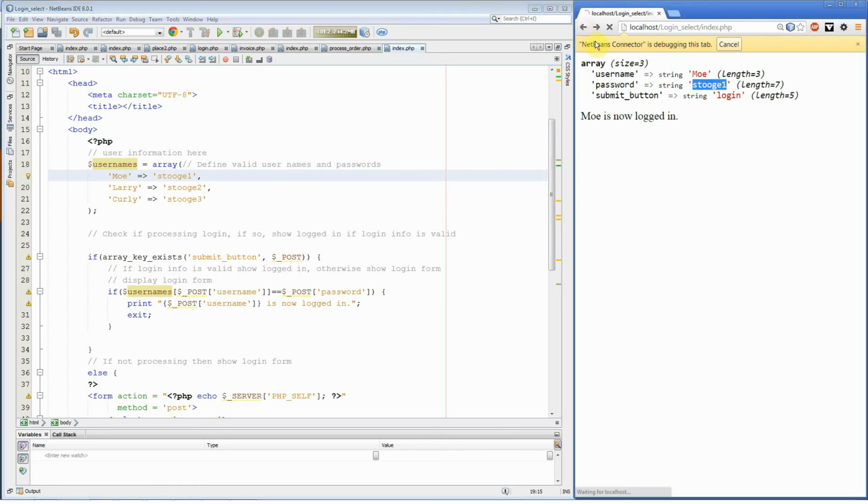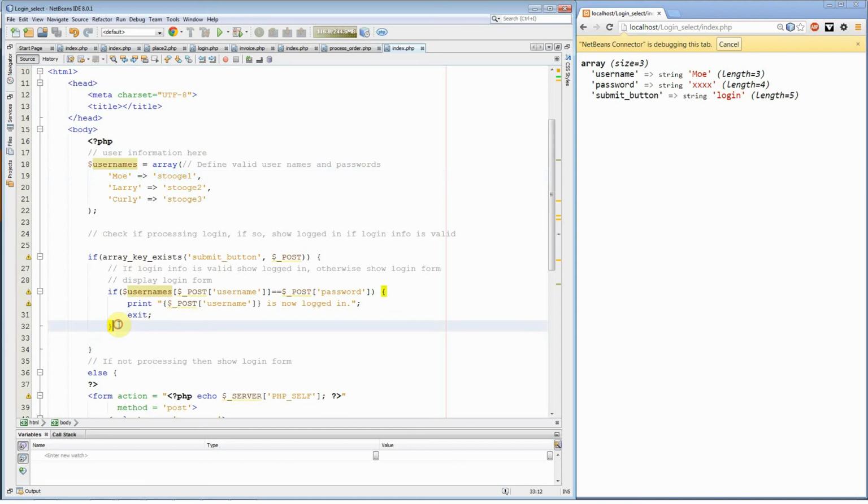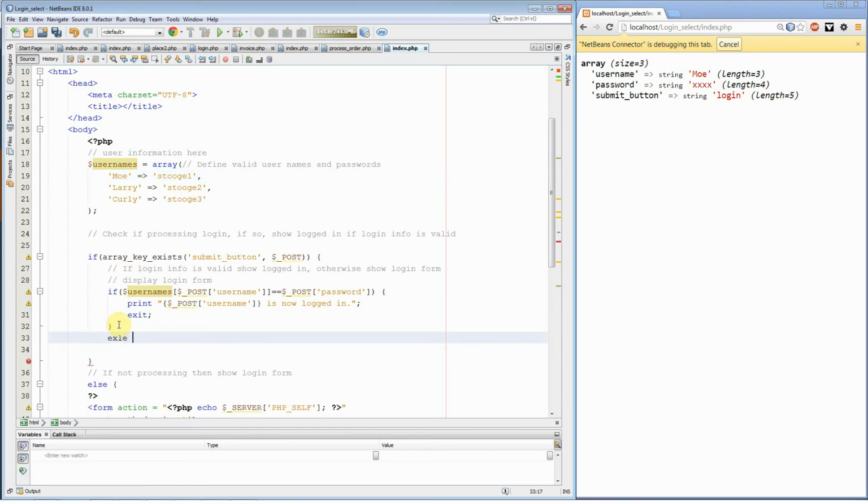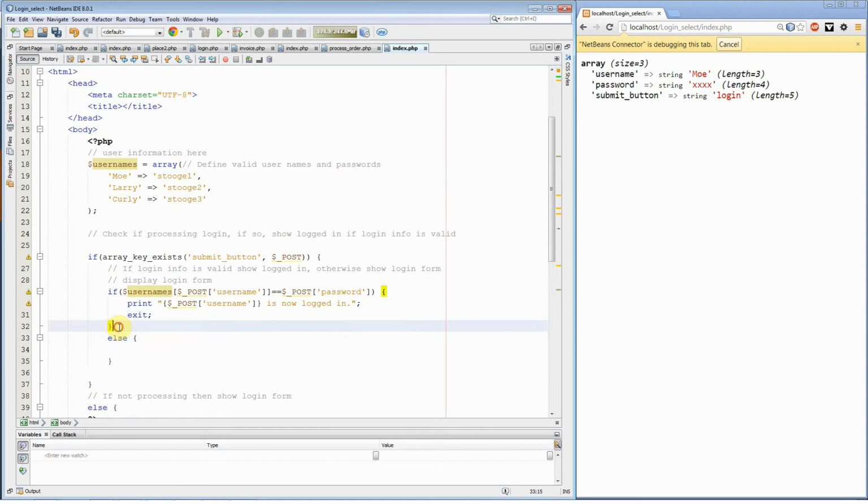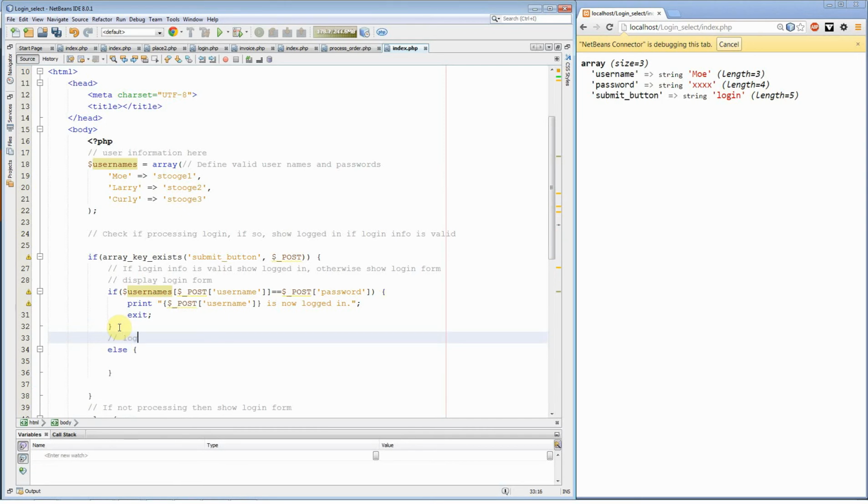Now what I want to do is, well, what happens if I use the wrong password? Say Mo is XXX. It does nothing. So what I want it to do is I want it to say, oh, that was incorrect, try again. So I'll put an else here. So this is right here. You can make a little note, says, you know, login incorrect, try again. So now I'm going to just print,